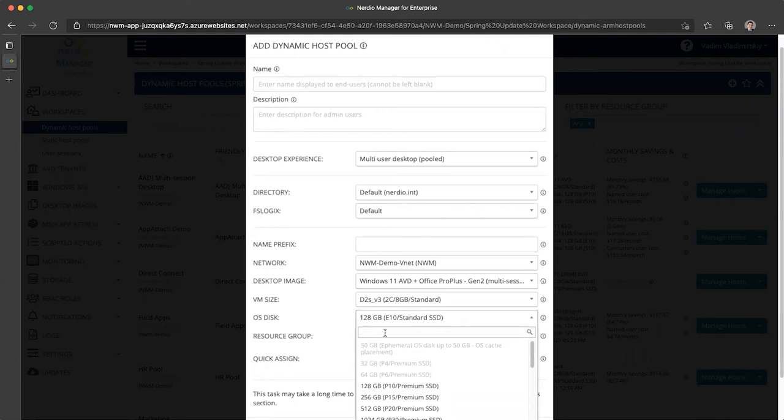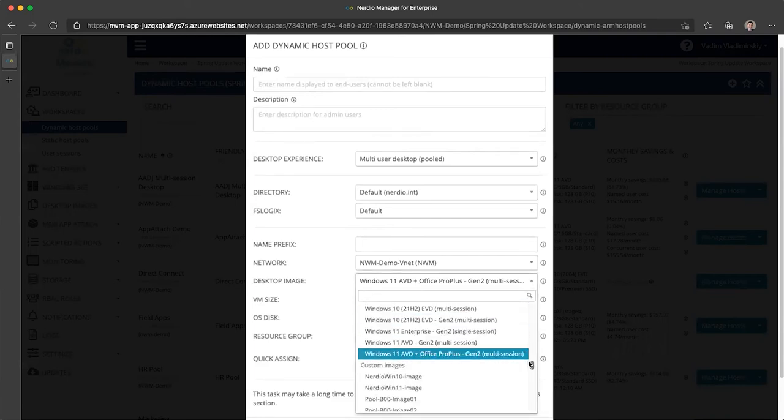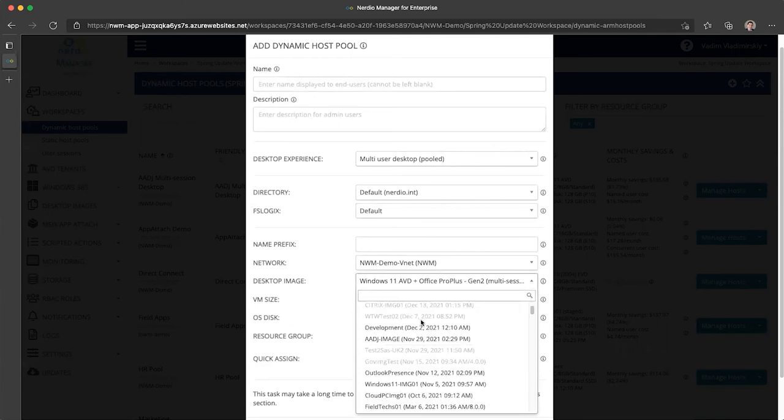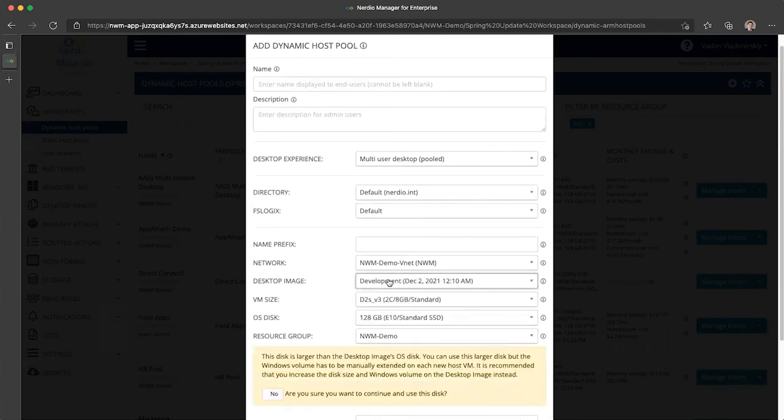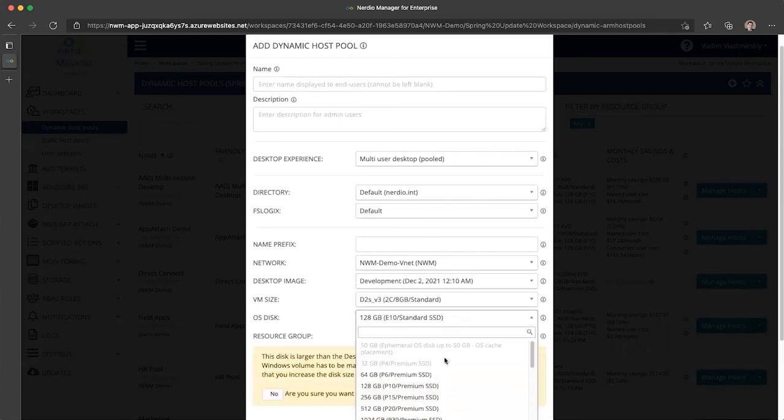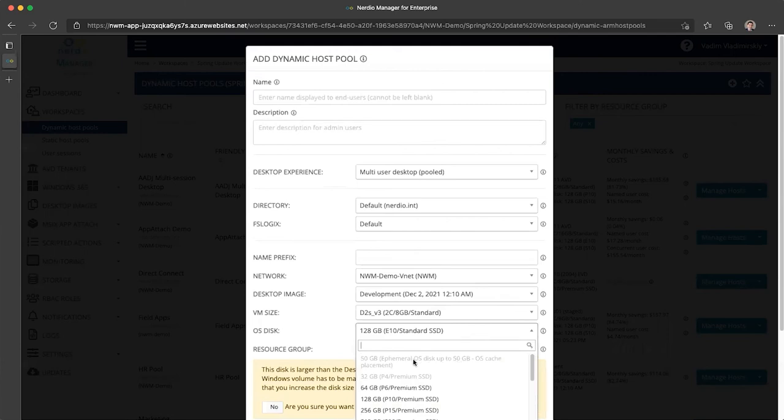That is because my disk size or my image size is 128 gigabytes, but my OS cache placement only gives me 50 gigabytes of usable space. So this 128 gigabytes cannot fit into this space. Even if I were to use a reduced image size, I have one here that's 64 gigabytes, still, what you'll notice is that it is not big enough to fit into 50 gigabytes